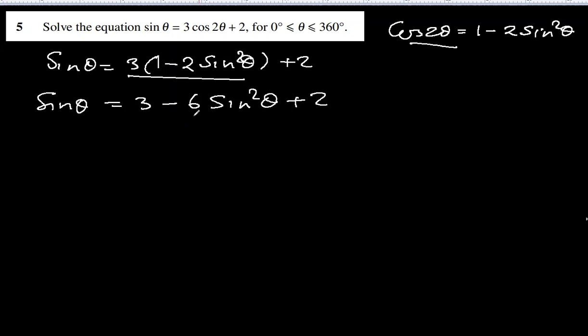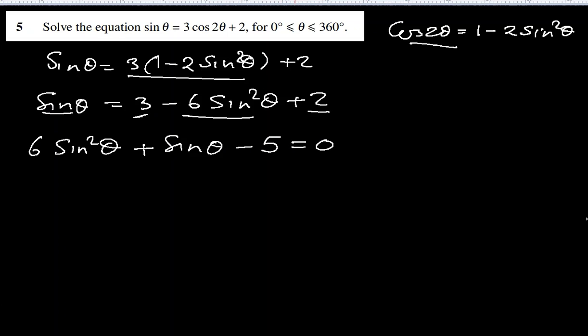So when this 6 sine square theta goes to the left side, it becomes positive. There is a sine theta already here, and 3 plus 2 is positive 5, but on the left side it will be negative 5, equal to 0. And now we can assume sine theta equal to some alphabet, say x. So it becomes 6x squared plus x minus 5 equal to 0,